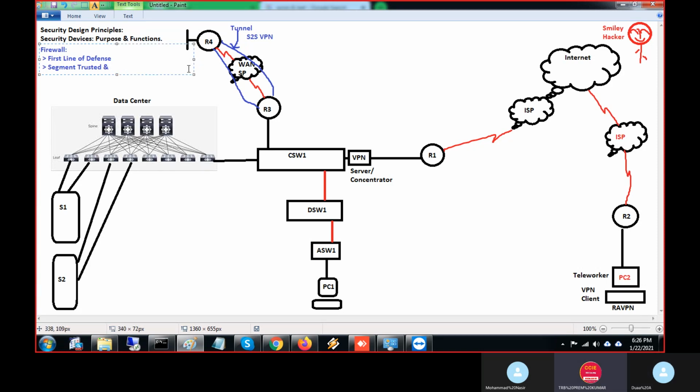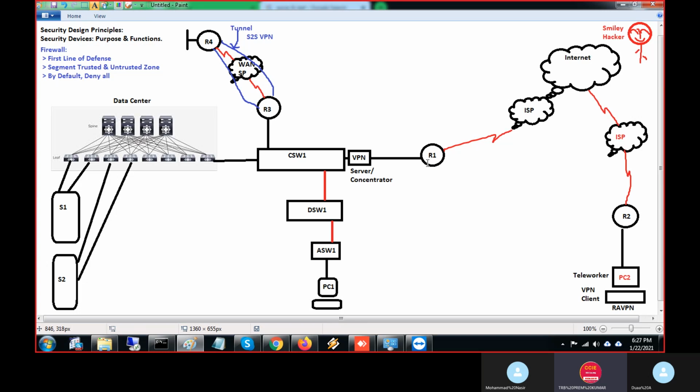Segment means dividing. Next, by default it is deny all. It will not allow anybody by default. This is the nature of a firewall.